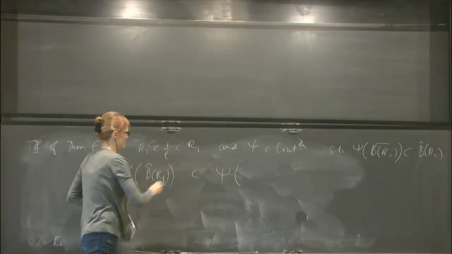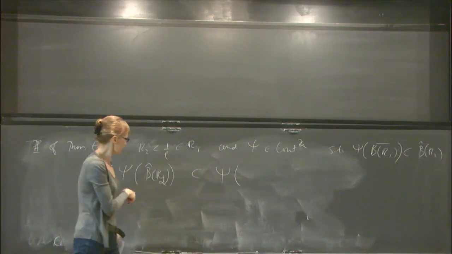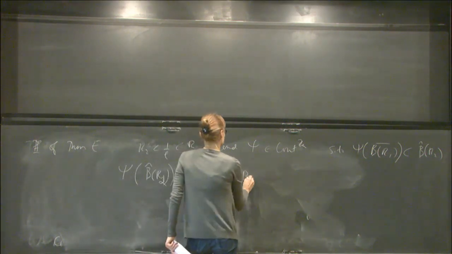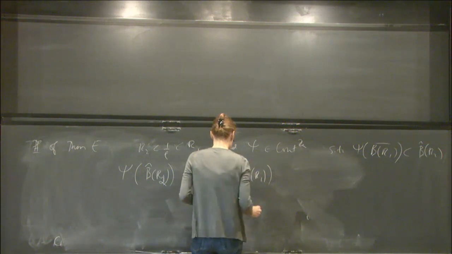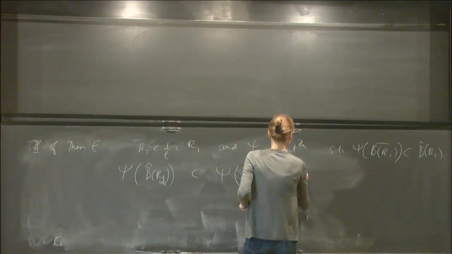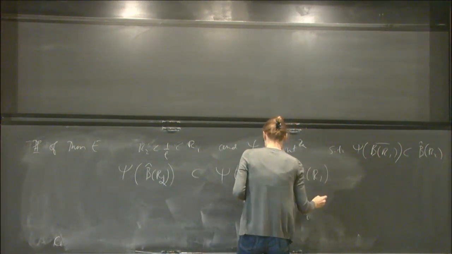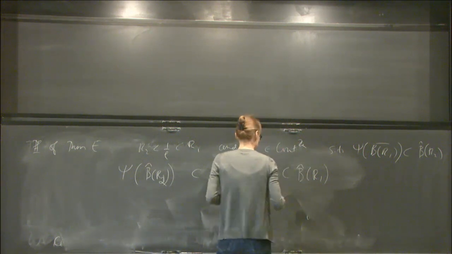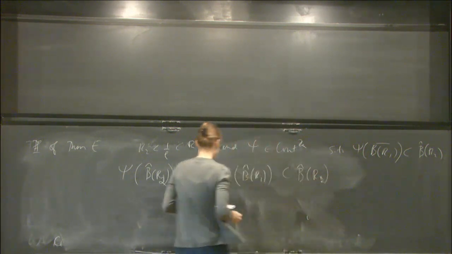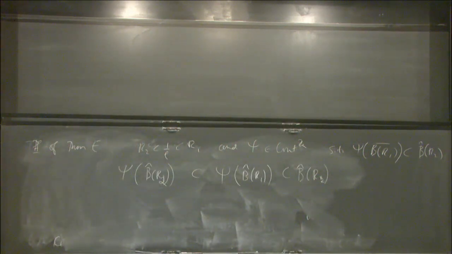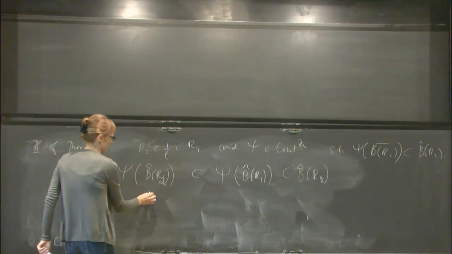So we have this kind of nesting here. Psi of hat BR2 is contained inside of hat BR1, and that's contained in hat BR2. And using this theorem, we have to have an isomorphism, so the corresponding